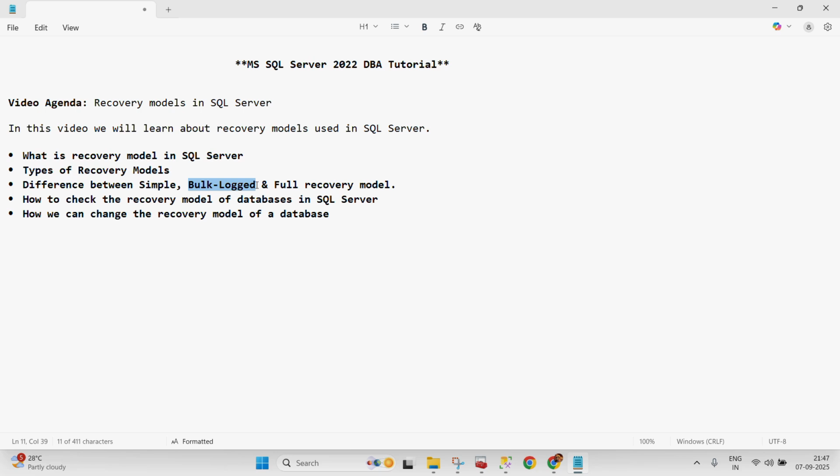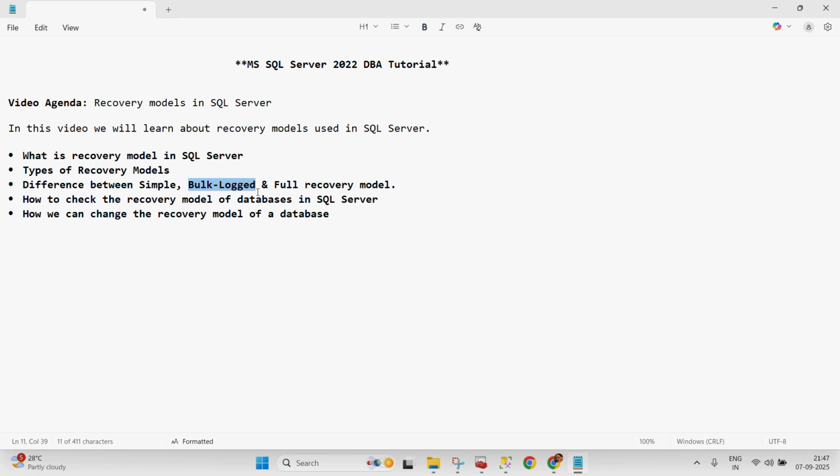In this recovery model, we can take the full backup, we can also take the differential backup and the transaction log backup as well. Okay, so the bulk logged recovery model basically provides near point in time recovery. Not point in time recovery, but near point in time recovery is possible. Okay,